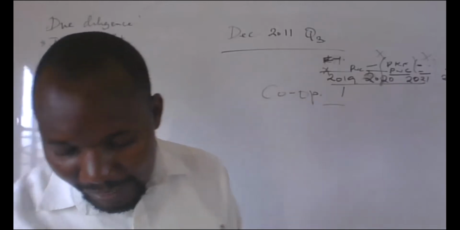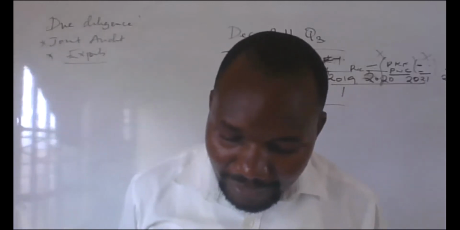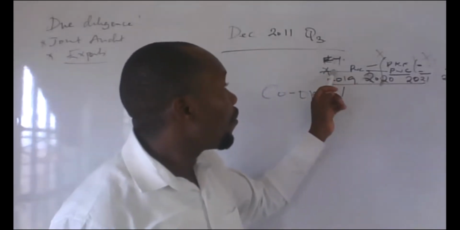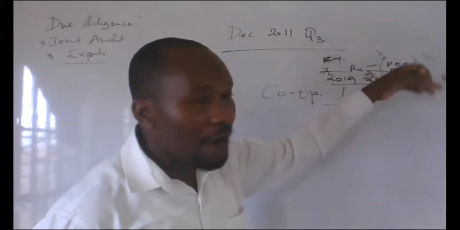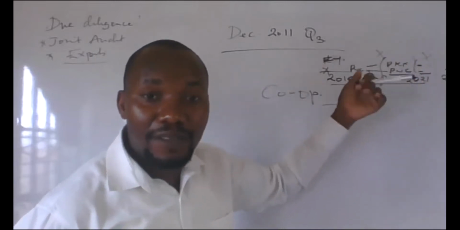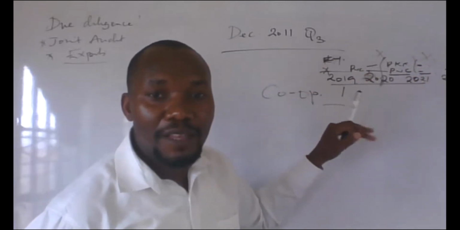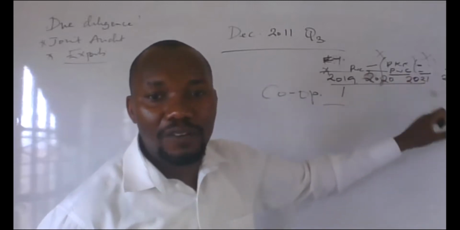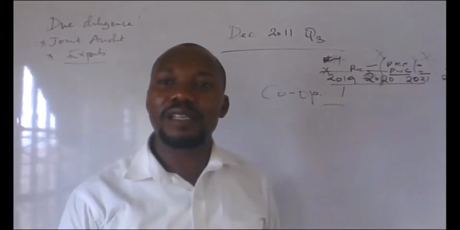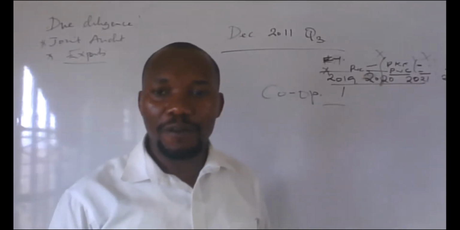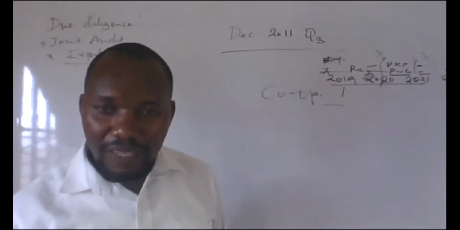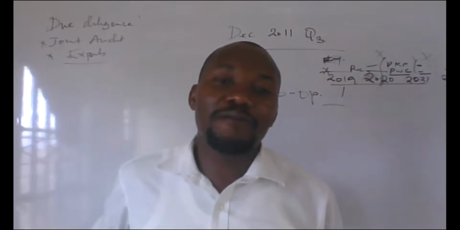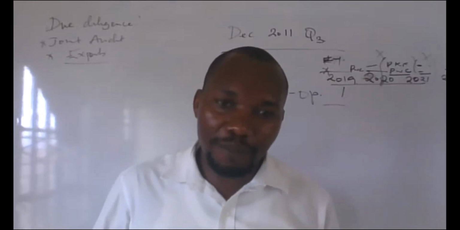The next point, they are saying that rotation of audit firms can mitigate the risk of overfamiliarity. This one again will help. If there are 2 firms that are going around like that, it will help to reduce the risk of overfamiliarity because the other one takes over as the other one retires. There is no disruption, but the fact that they are rotating can also help so that they don't become so much familiar. I don't think that one is a very strong point though, but if you explain it very well, then it can give you a point.